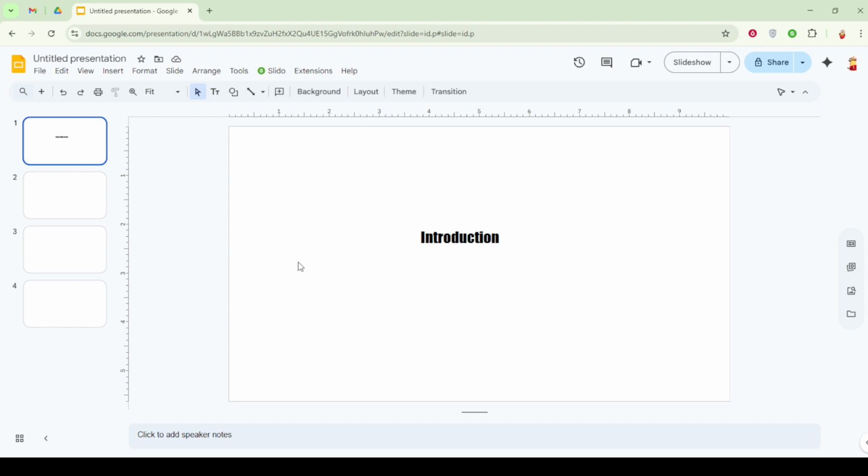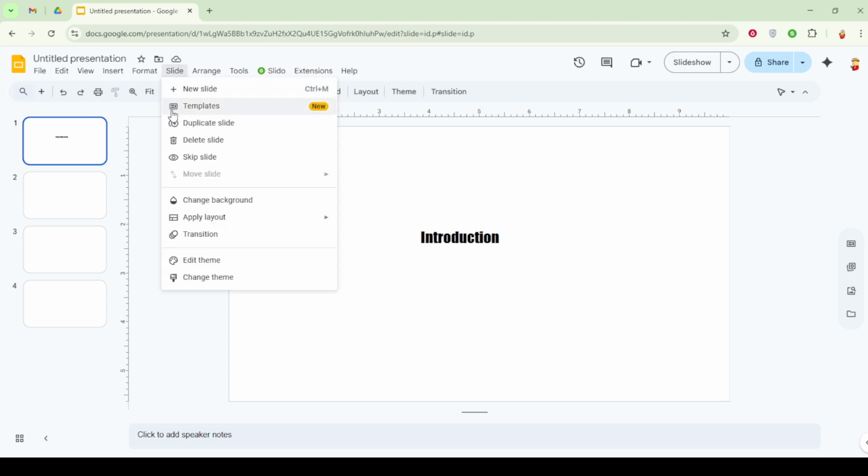Look towards the top menu. You'll see several tabs such as File, Edit, and View. What you're looking for here is the Slide tab, so go ahead and click on that. A drop-down menu will appear, presenting you with various options. From this list, select Change Theme. This action will open up the theme panel on the right-hand side of your screen, showcasing various theme options already